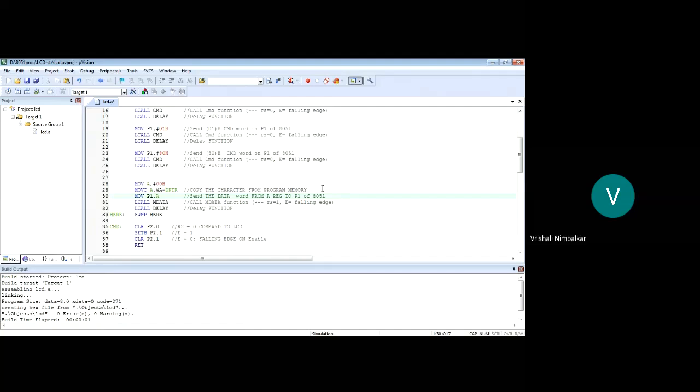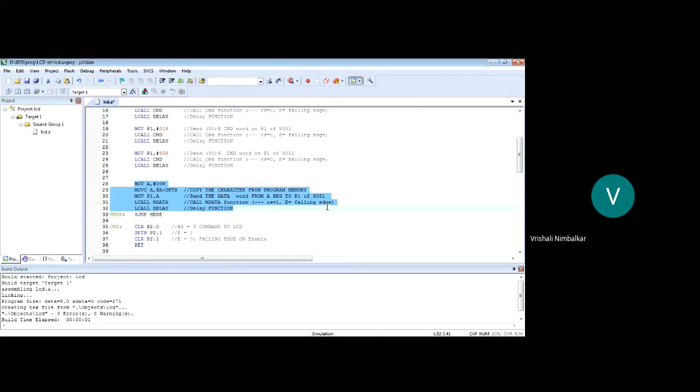The character from the accumulator is sent on port 1, and then call the control signals for sending the data, wait for certain time, that is we are going to read the busy status, that is LCALL delay, right?